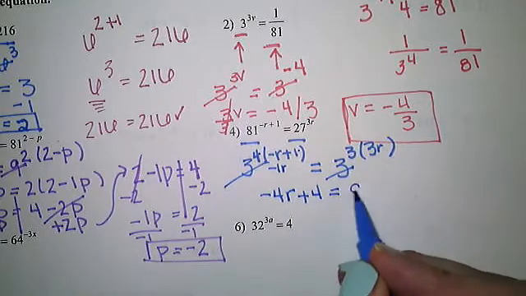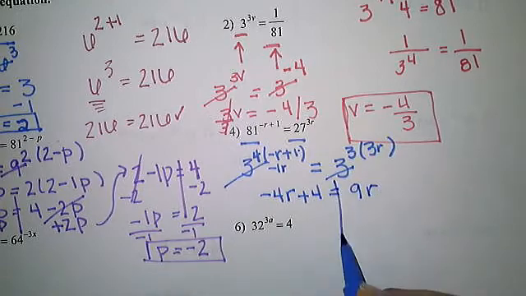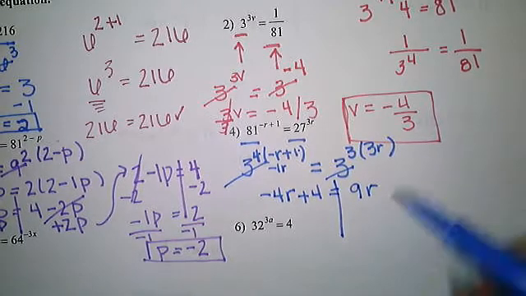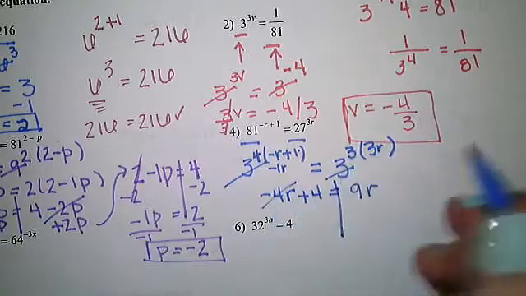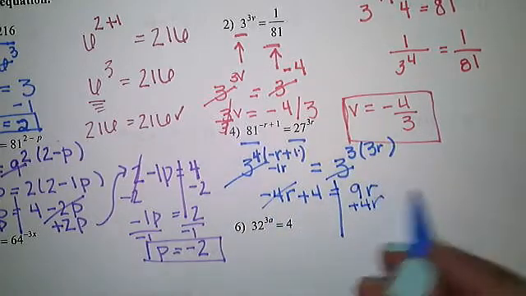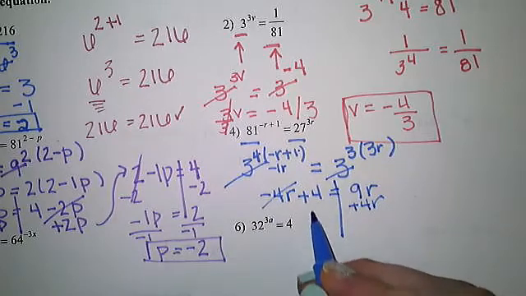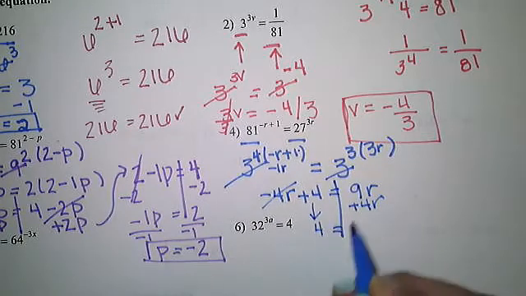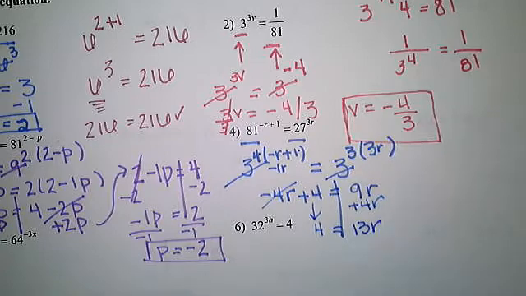3 times 3r is 9r, and then we're good to solve. The letters are on the right, so I'm going to go ahead and carry over the 4r with the 9r, since there's only letters over here. Drop down my 4, 9 plus 4 is 13 with the r, and divide by the coefficient. So r is